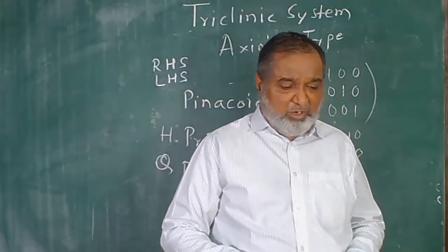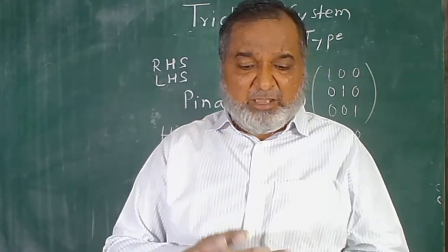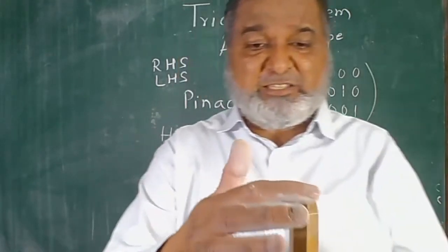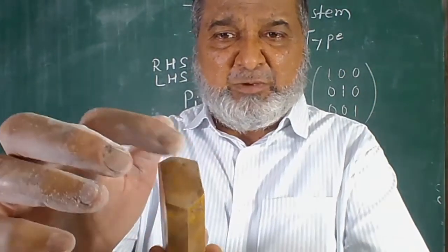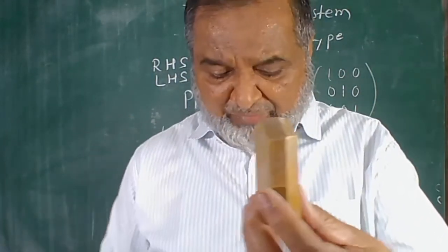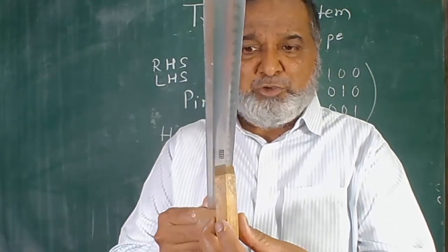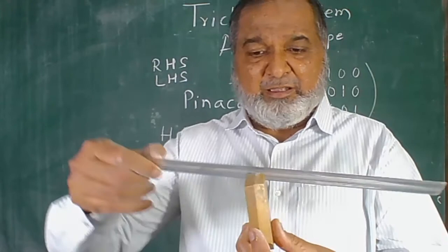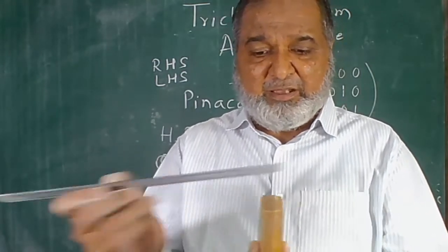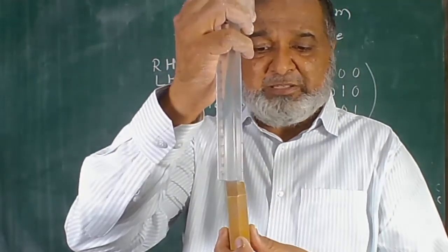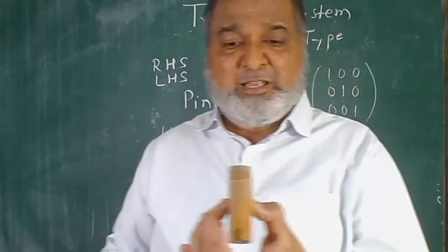Yes, come to the next model. Now this is the C axis vertical, and whichever are the most inclined faces, these are the two inclined faces. Yes, and this is another one. So this is your inclined face. If you extend, this is your A axis. See now, the B is running from right to left in the upward direction, and the C will be here. This is the C axis. So here, this is the side pinacoid. Yes, this is the side pinacoid.